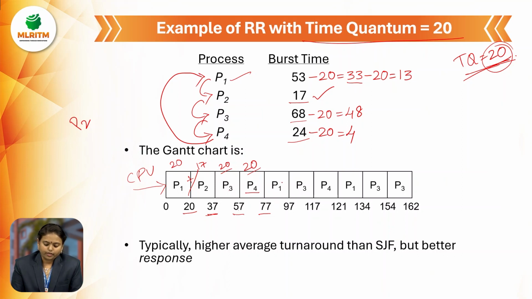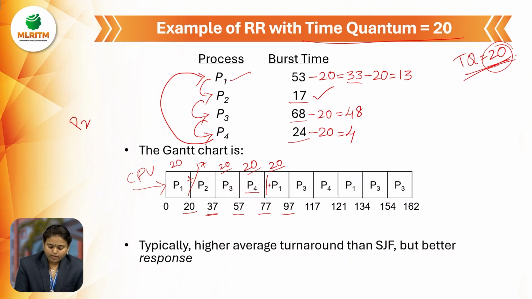Right. So here after P4, next P1 will execute again. Come into the CPU again. So here the time quantum is 20. 77 plus 20 is what? 97. Next process. Still P1 is not executed here. Still it is under process. But the time quantum is finished. So it will go to next